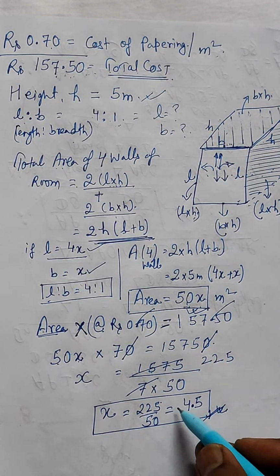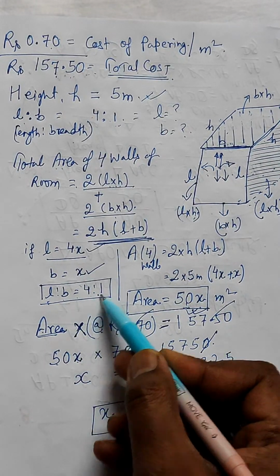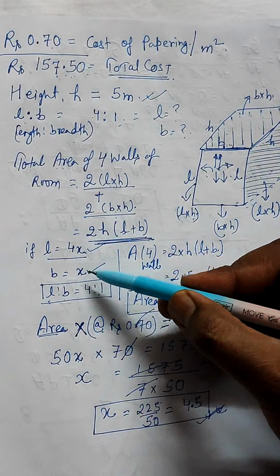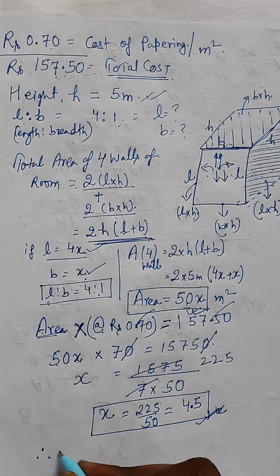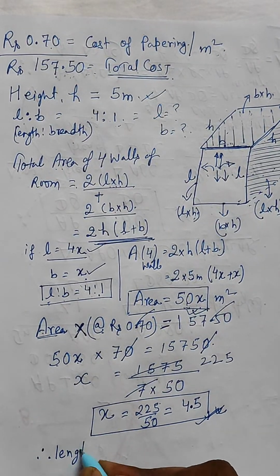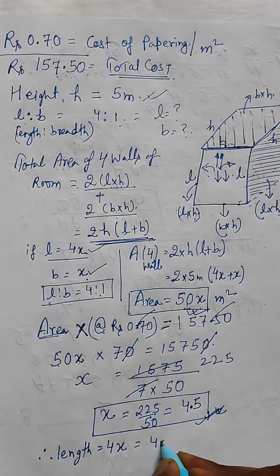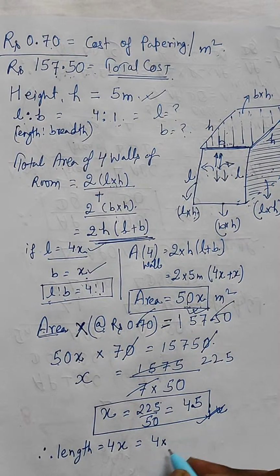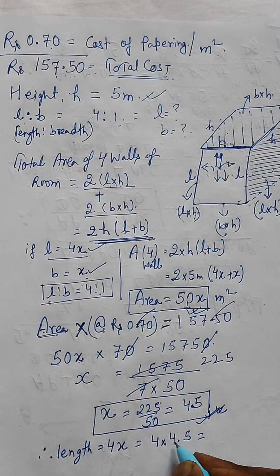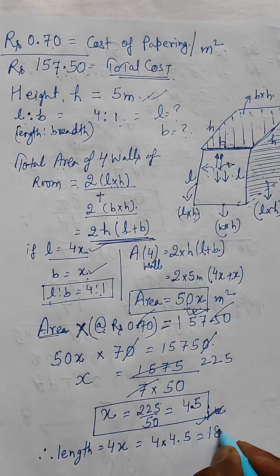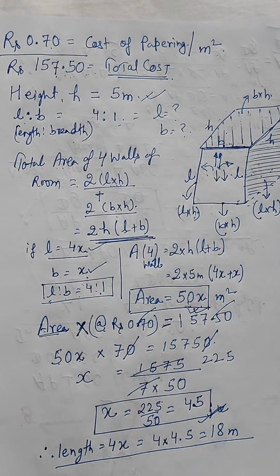So the value of x is 4.5. Now the length and breadth are in the ratio 4 is to 1, and we have assumed length as 4x and breadth as x, right? So we can say that the length will be equal to 4x, which in turn is 4 into 4.5, the value of x. 4 into 4.5 will give you 18 meter. So 18 meter is the length of the room, and